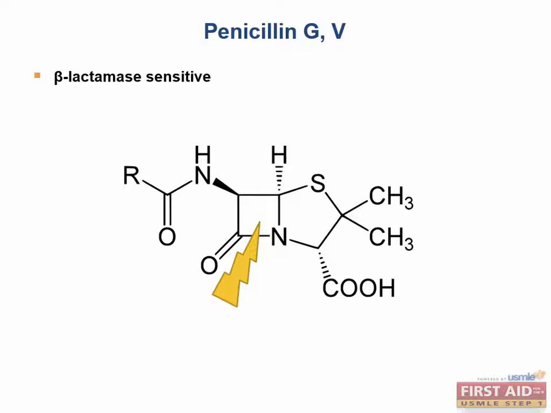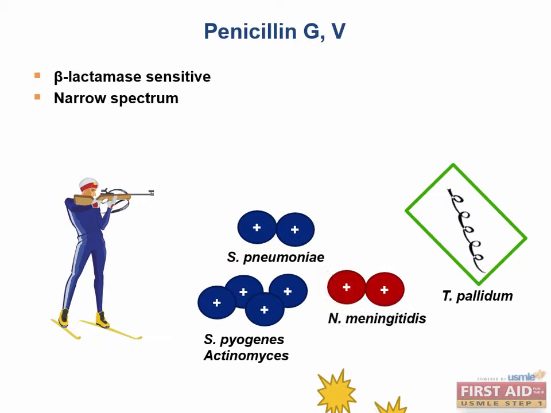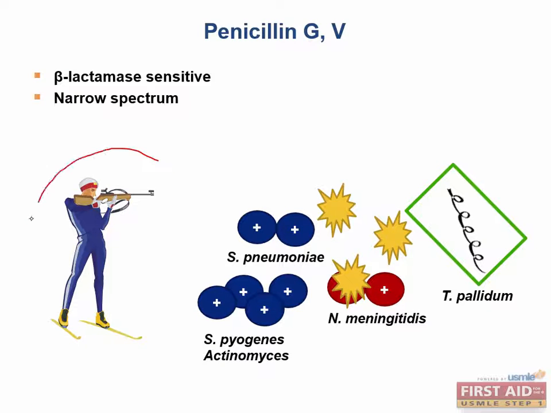We will be discussing which ones they are and why in the upcoming slides. Penicillin G and V are what is called narrow-spectrum antibiotics. This means that the drugs only work on a narrow or small number of bacteria. I'll be representing narrow-spectrum drugs in the rest of the slides with this skier holding a sniper rifle. The sniper typically can only kill a few bacteria at a time, and that's why we'll be representing it with